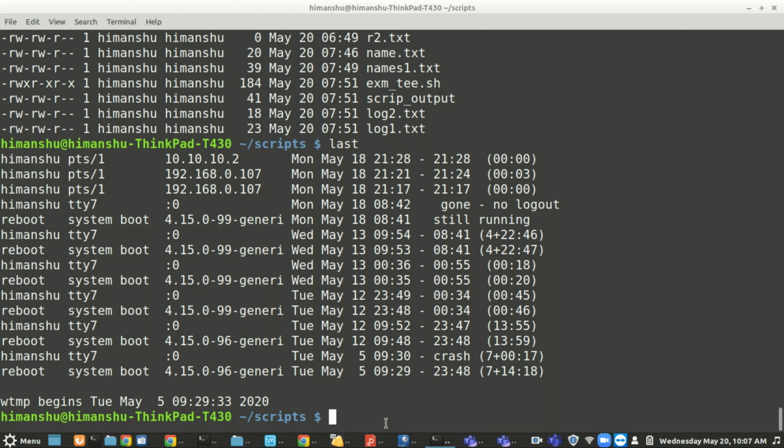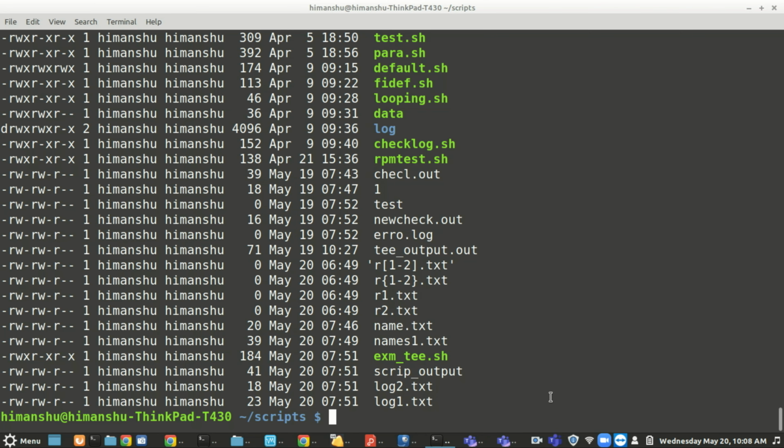So whenever you are writing any script, commands are fine, but many times you have to store certain values into a variable so that you can use that value for some other processing. The values can be predefined, the values can be on the fly also. You can run a command, store that value in the variable.